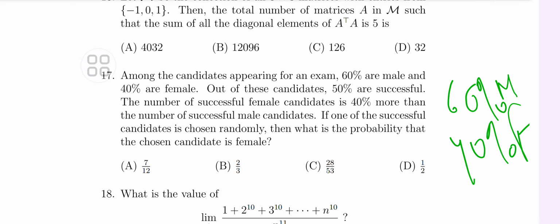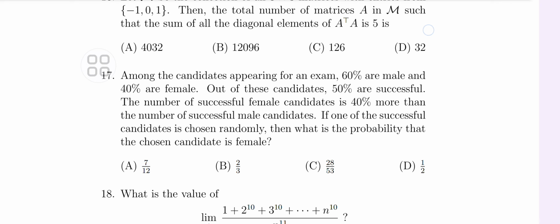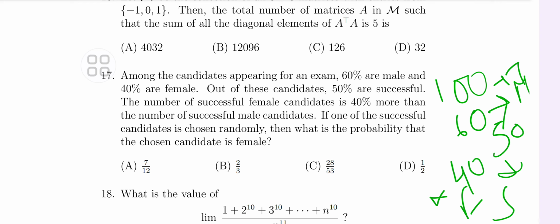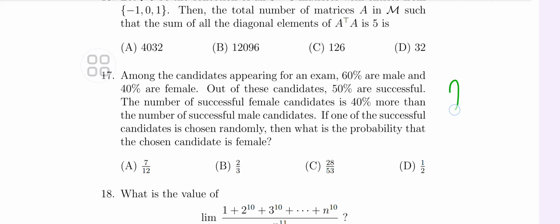Let us solve this quickly. Let the number of candidates be 100. Male candidates are 60% and female candidates are 40%. The number of successful candidates is 50%. The number of successful female candidates is 40% more than the number of successful male candidates. So let the number of successful male candidates be x, and successful female candidates is